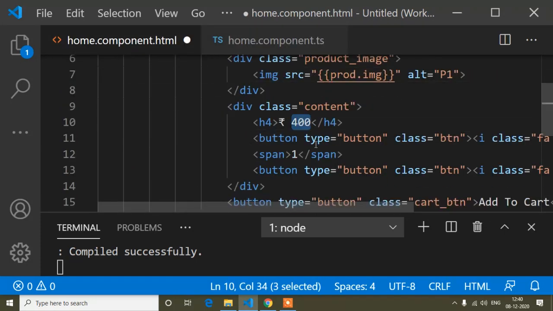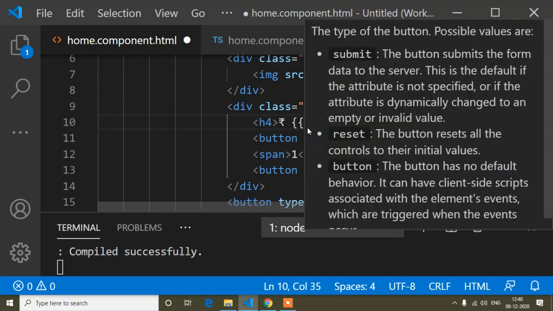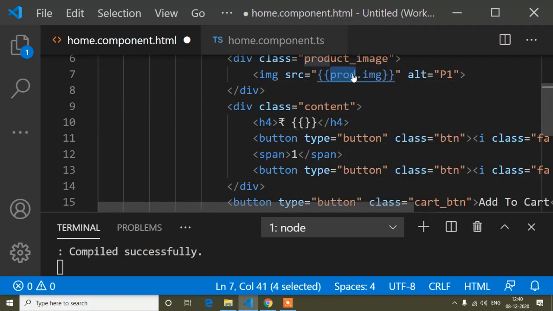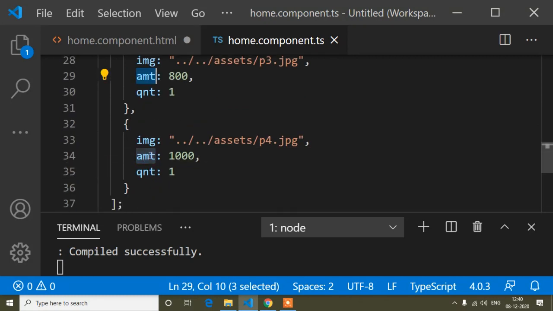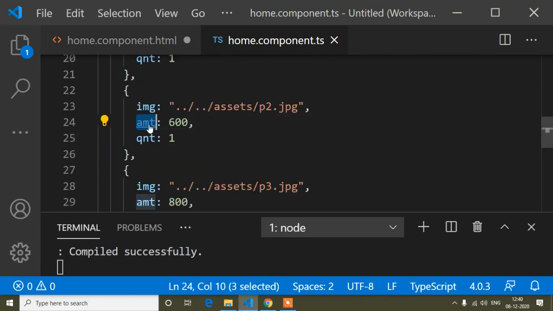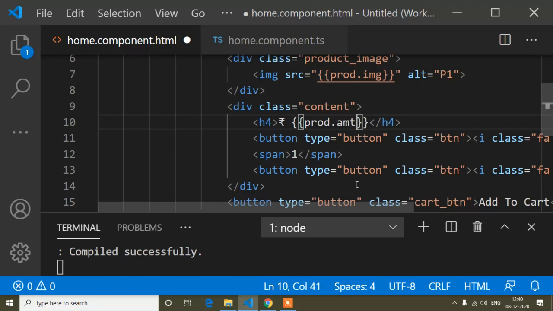Okay, and for this amount, instead of static, here I will bind again. So curly braces and prod dot, and for the amount the property is amt, you can see here. So I will copy this amt and paste here, and quantity.